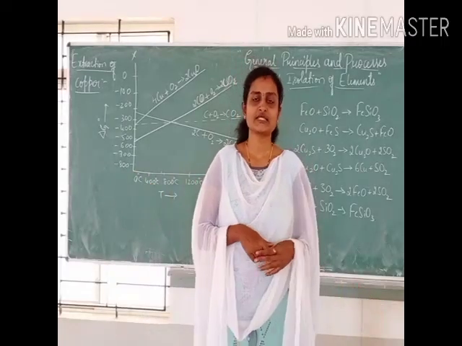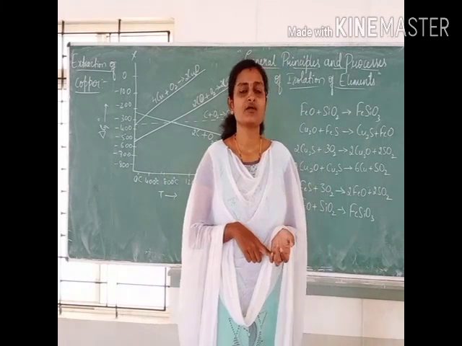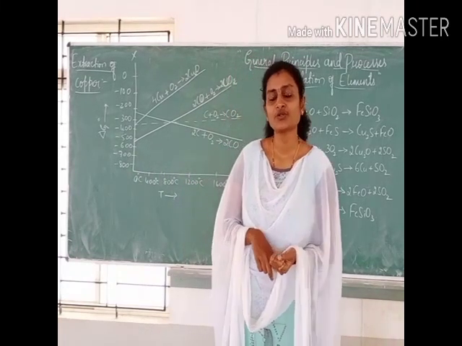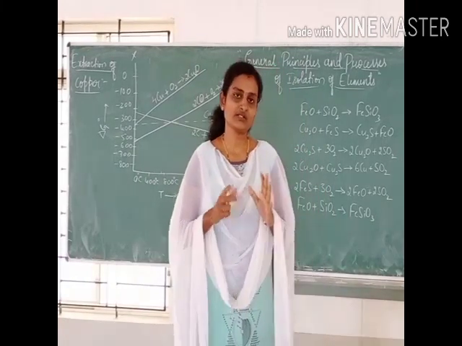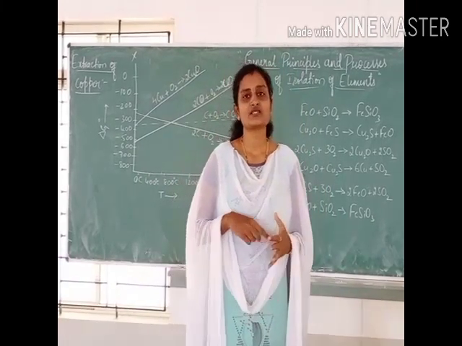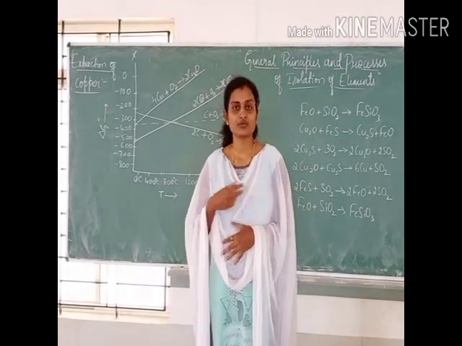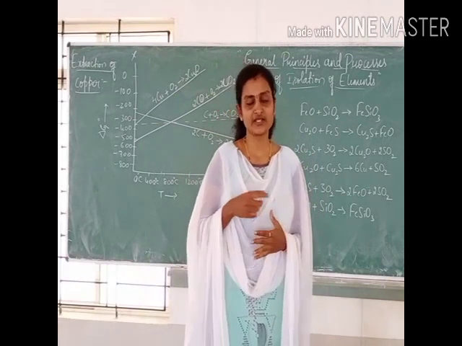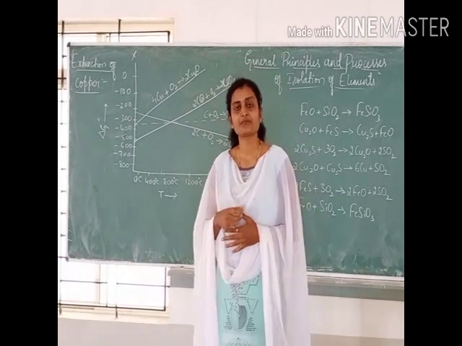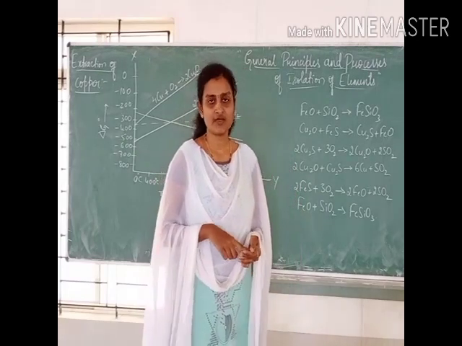Good morning, students. In the last class we discussed the extraction of iron from its hematite ore through the smelting process done in the blast furnace, and all its features as well as whatever reactions happen in the blast furnace, why we take this process, that is melting in the blast furnace, and the reactions involved at that temperature. Everything we studied in the last class. That is a very important question. You have to practice it.